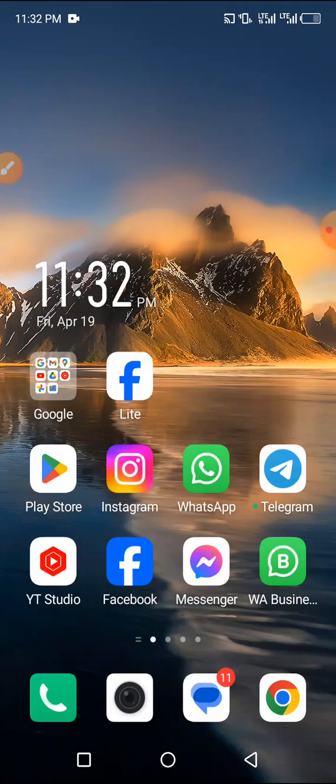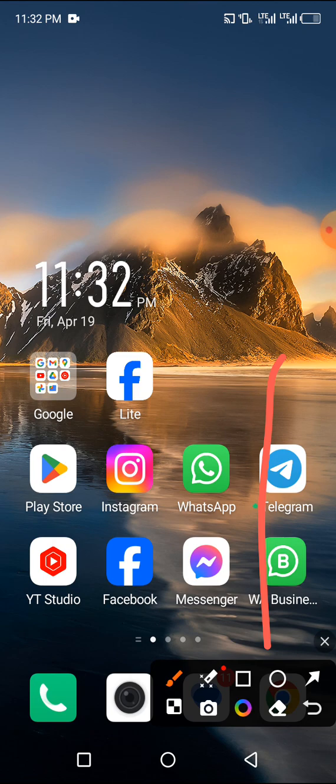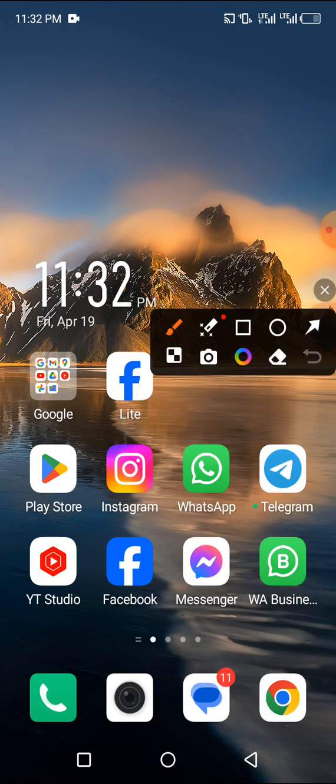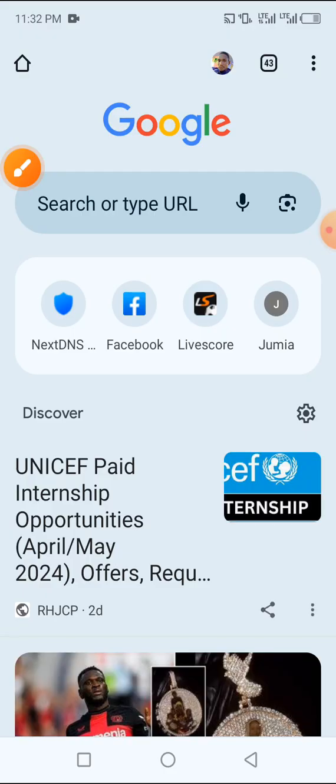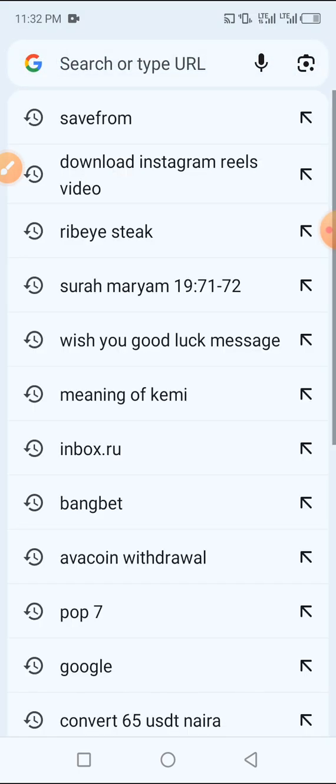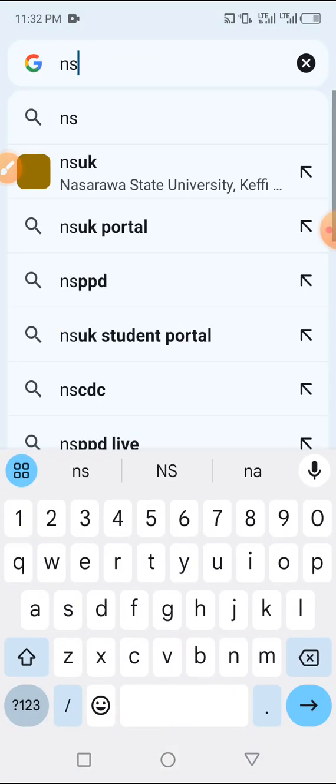And guys, the first thing we're going to be doing, here we have to open our browser. Google Chrome is recommended, so I'll be opening my browser like this. So guys, once you open your browser like this, there is a particular website I will be showing you today, and the name of this website is